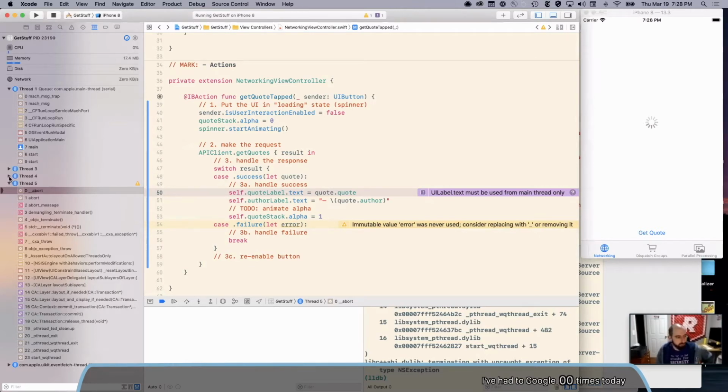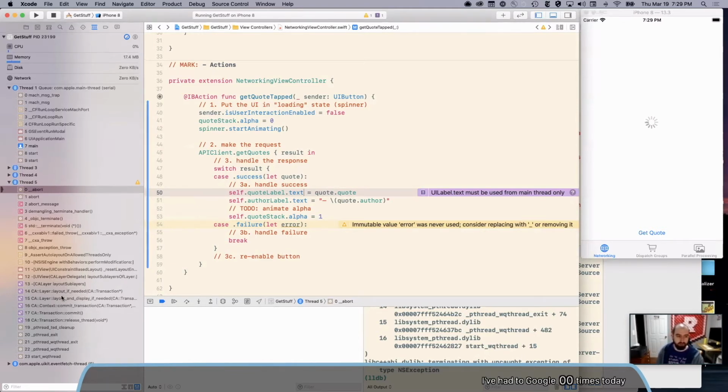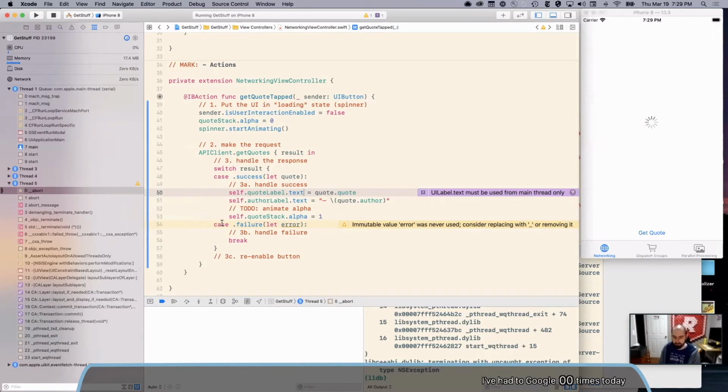But when you kick off a networking event, it goes off and says, all right, main thread, keep doing what you're doing. I'm going to go over here on a separate thread on a separate CPU core. I'm not going to bother you. I'm going to do my thing. I'm going to hang out and wait for the network, whatever I have to do. But when it's done doing that, you can't just go and update the UI, because that has to happen on the main thread. So we need a way to jump back to the main thread.